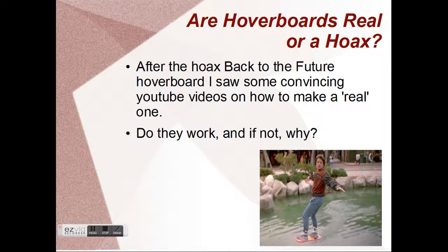Hello, today I wanted to talk about an experiment I did after watching a video on YouTube. There was a video by some skaters, Tony Hawk, a few others, I think a celebrity might have been there too, where they claim that they had recreated the hoverboard seen in Back to the Future, the second one. As seen in this picture on the bottom right,